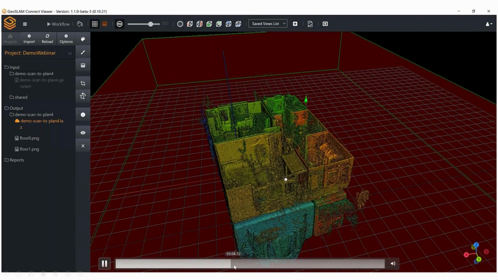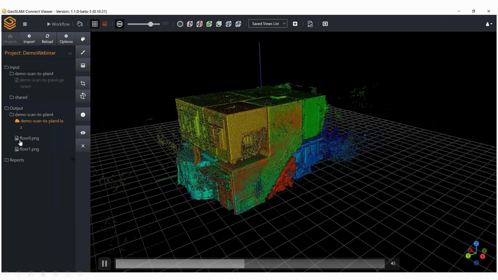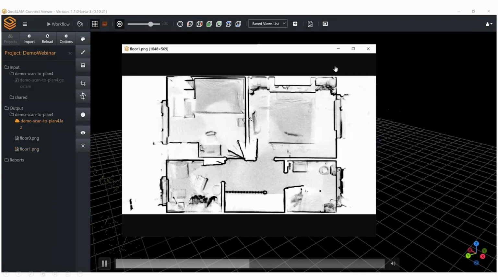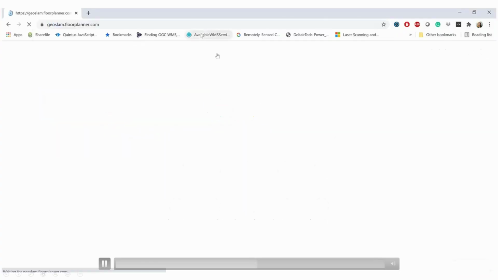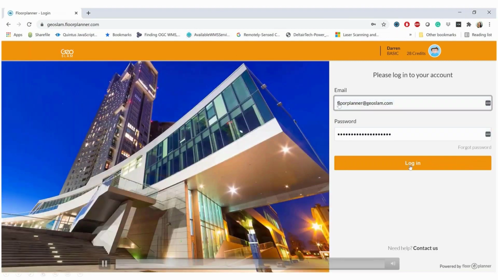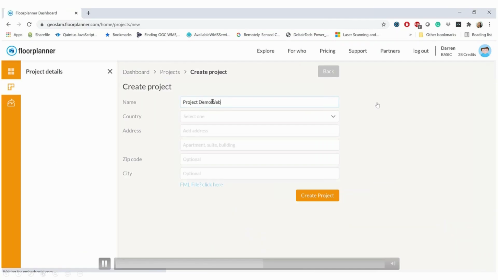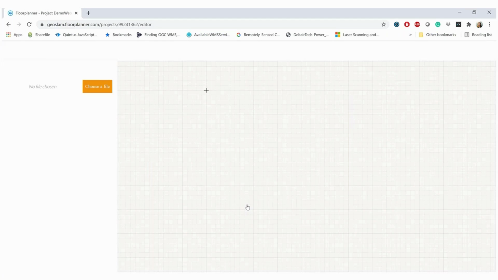And now if I speed it up a little bit more, we're going to start looking into floor 0 and floor 1 PNGs. So this is a scaled image of everything within the scan, the walls and everything else which was scanned. You can see the doors here being opened and so on. So now I can easily, in a couple of minutes, open, for example, floorplanner.com software. Also, this is a third-party package, and it's a free tool. There is a free option to it. You can use that, or you can use Bentley MicroStation, Autodesk, BricsCAD, or any other tool where you can start